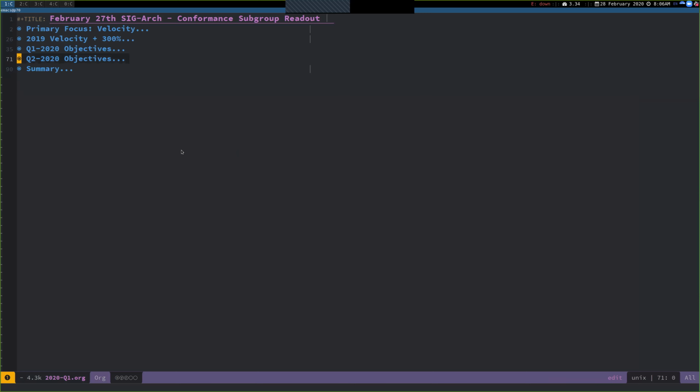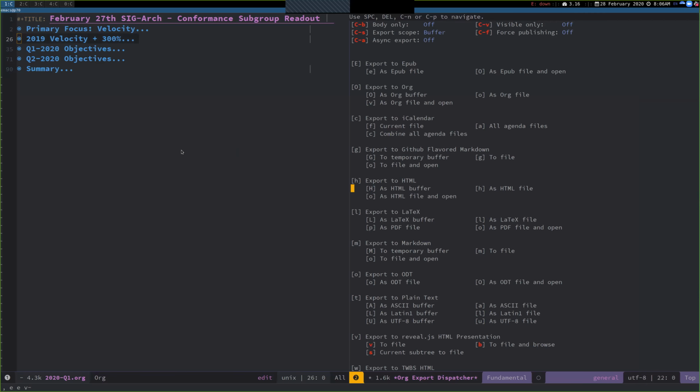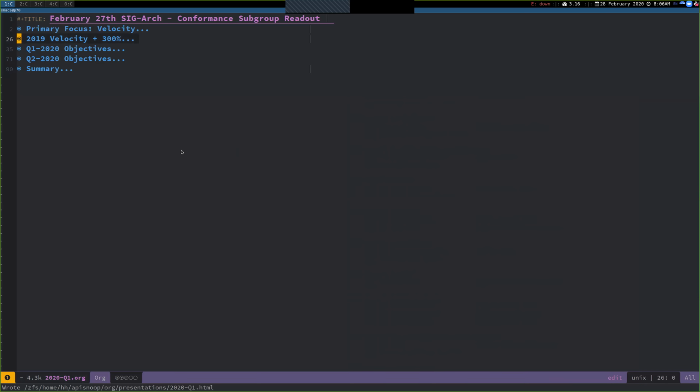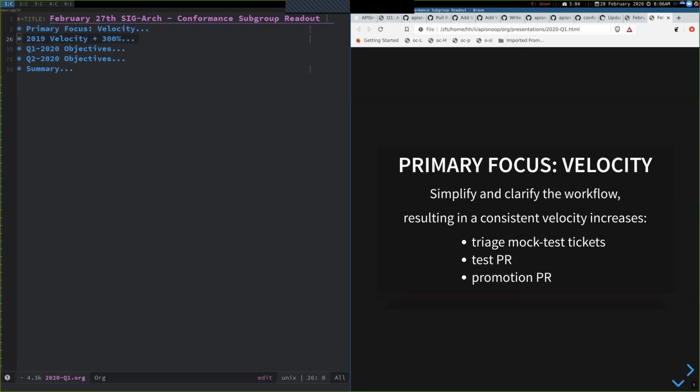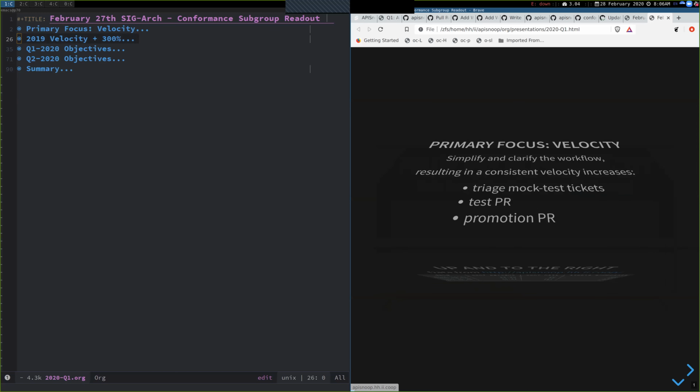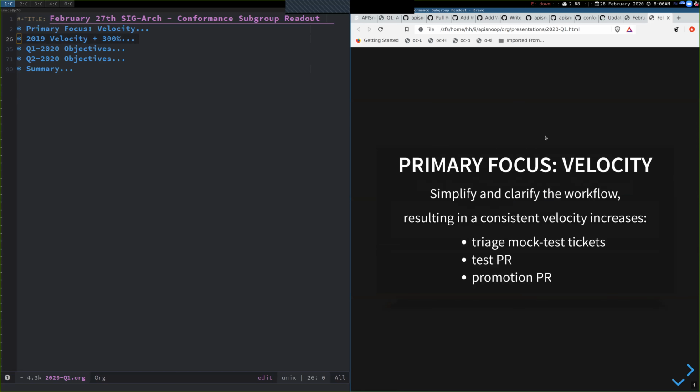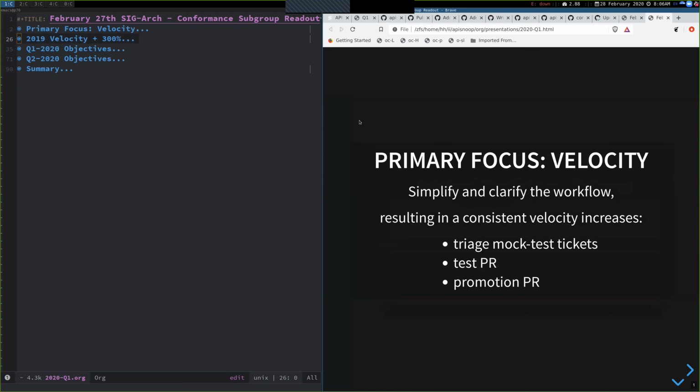Let me go ahead and pull this up into another view, web browser. So the focus of the update is on velocity.